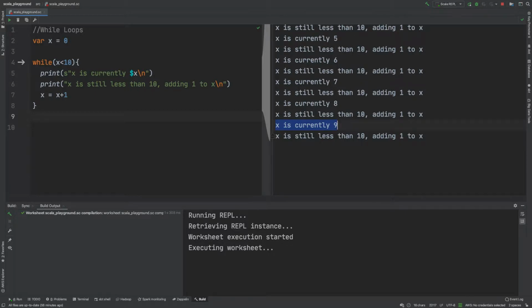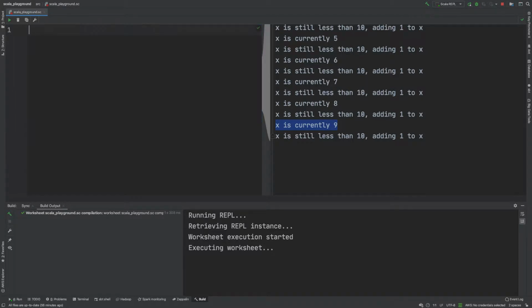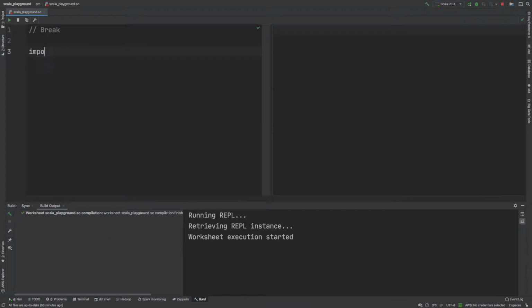Now, we can also use a break statement, but it is not normally built directly into Scala. So we actually have to go in and import something. So we import from the util. We want control, and we want breaks, and then we're going to just import all there. So then now let's do var y is going to be equal to 0 while y